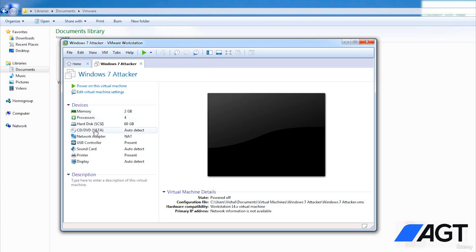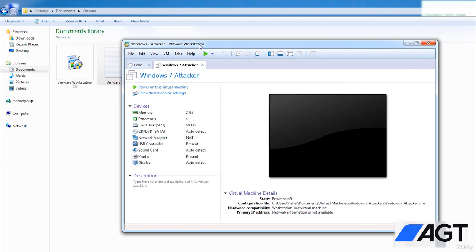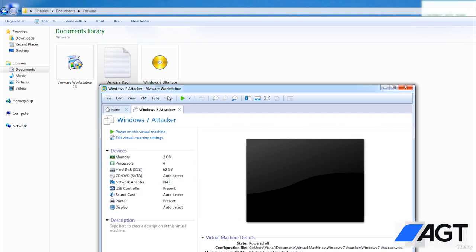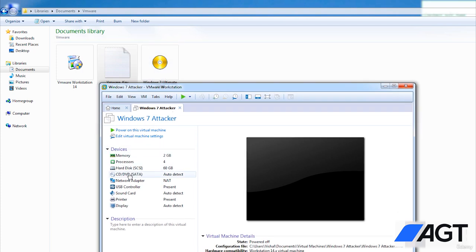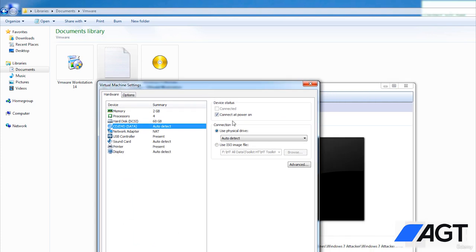So now, from where you want to install it, you will also get the Windows 7 ISO image in the downloads which we have provided to you. This is the image of a DVD or a CD through which we will be installing Windows 7. So we just have to click on the CD/DVD from where you want to install. I go to use ISO image,